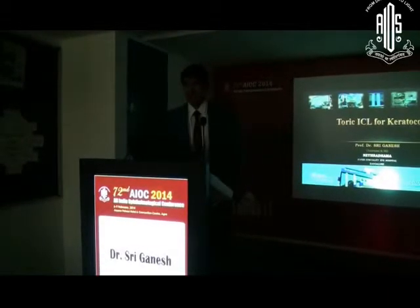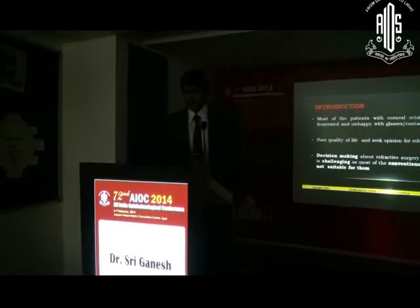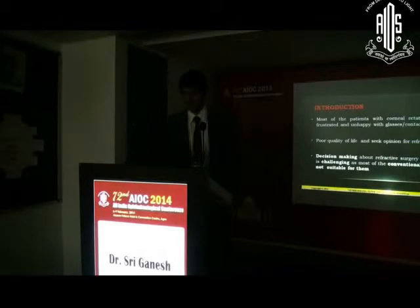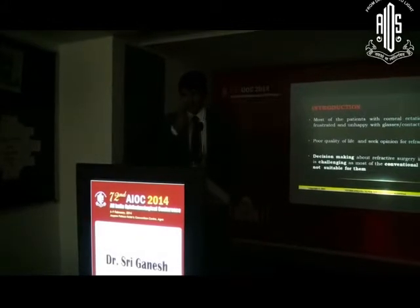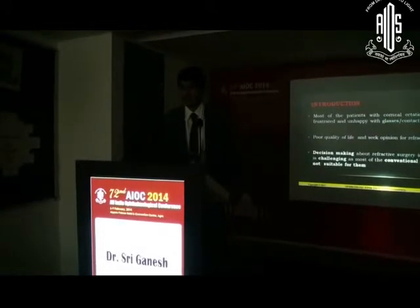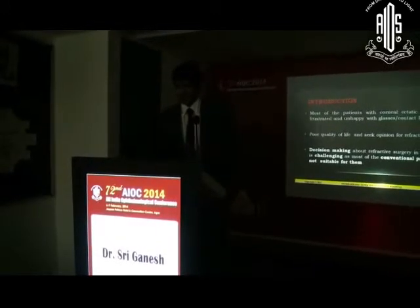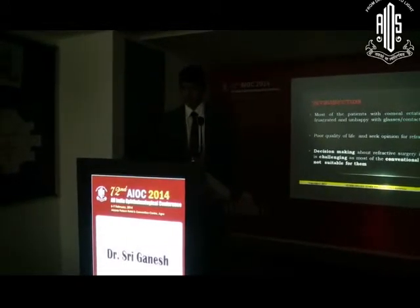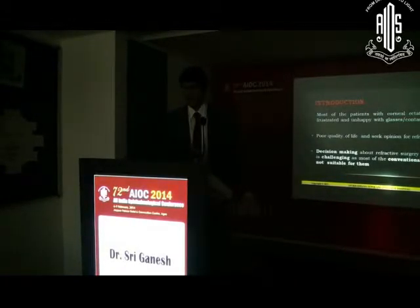Toric ICLs basically for keratoconus. But most patients with keratoconus are frustrated and unhappy with their glasses and contact lenses because the quality of vision is very poor, quality of life is poor, vision is not good, and they seek opinion for refractive correction. So most of these patients of keratoconus come to refractive clinics for an opinion, and most of them are picked up there. So decision making in such patients is a challenge, and most conventional procedures are not suitable for them